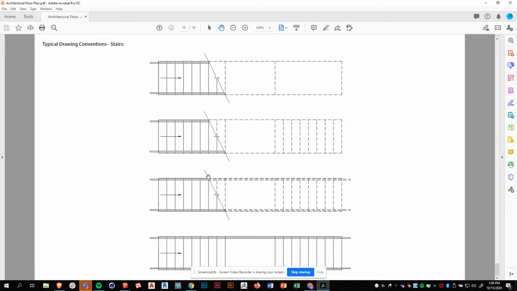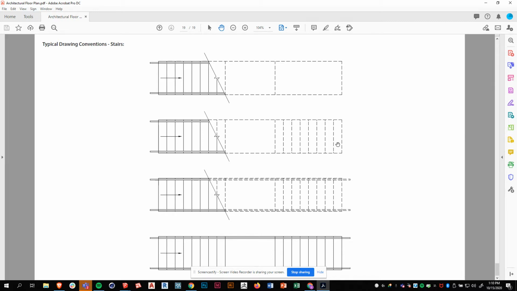Now, we don't necessarily have to worry exactly where the 4 feet occurs. We can just put this cut line here. We can put this break line here. We can put it a little lower. It's fine. It's understood that these stairs go up and then here's the rest of them. What I've done from here up is extract out some of the information, because we may not want to include all these dash lines, as that's starting to look a little messy. So this is a perfectly reasonable way to draw it without the handrails dashed in there,